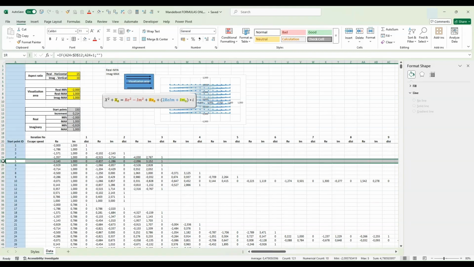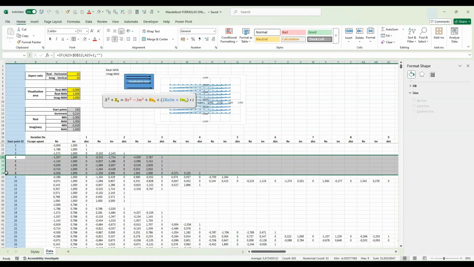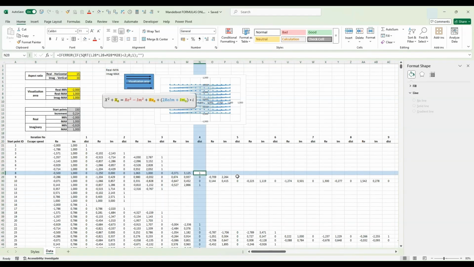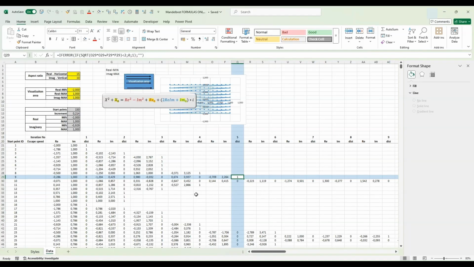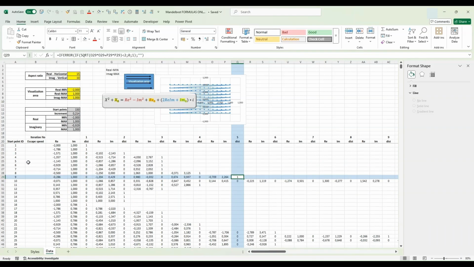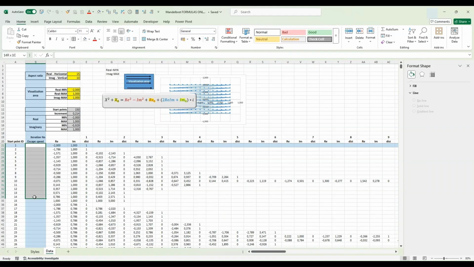And then we can see that these additional starting points escaped the radius 2 circle on iteration number 3, and on number 4, number 5, and so on. So it seems that our calculations are starting to paint a quite interesting picture. And now we just need to summarize all these iterations into this escape speed column. So we need to pick up which iteration it was that took this starting point beyond the